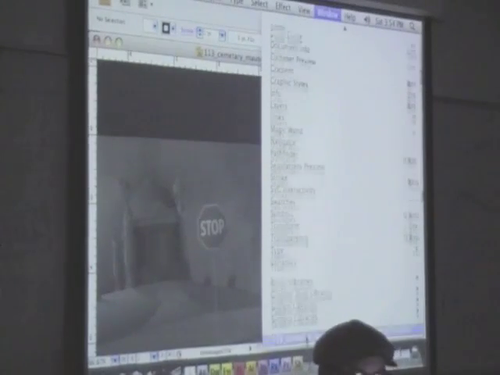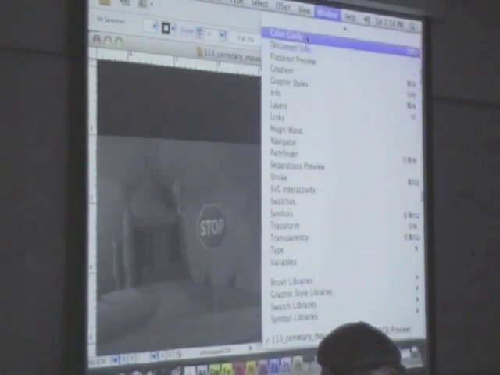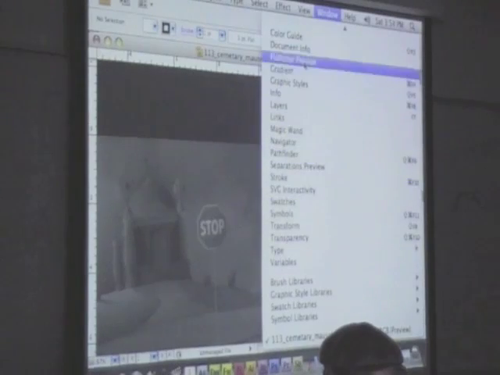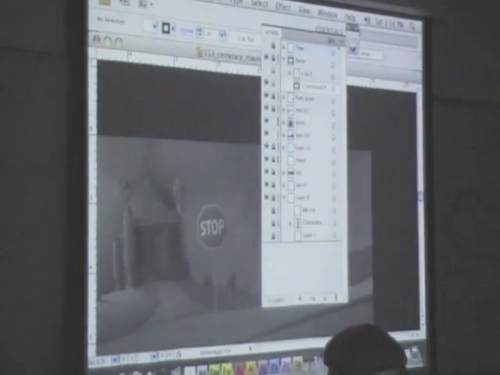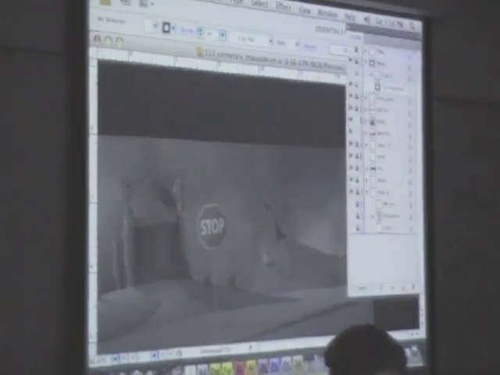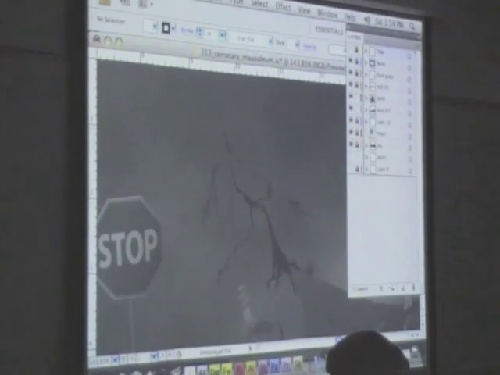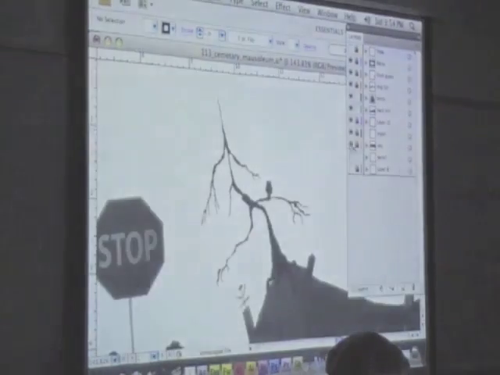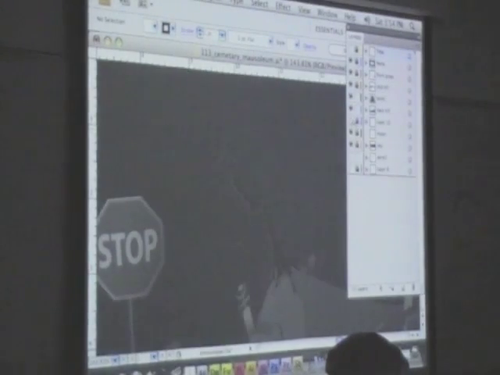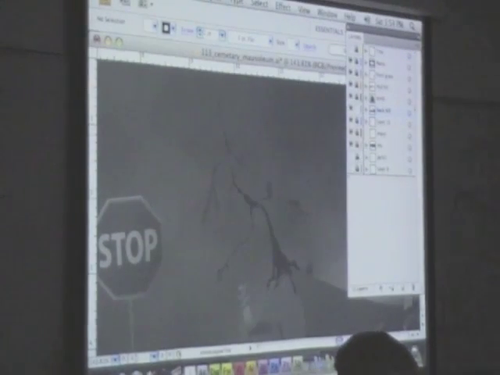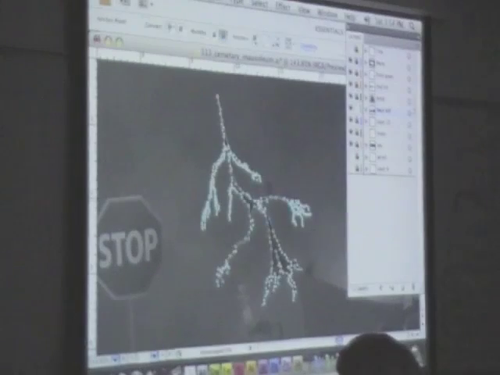I think I understand what you're saying. Like this tree, where is that tree? There it is. Okay, this tree. If I want to color it,